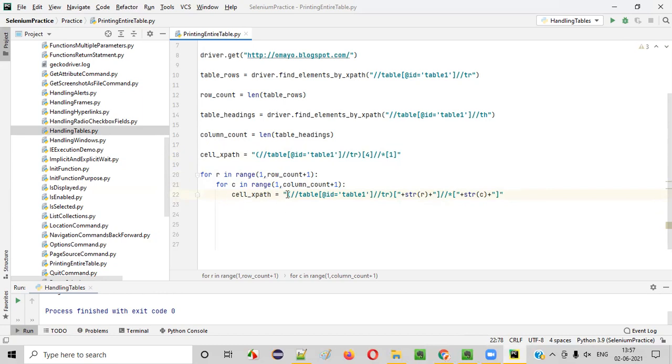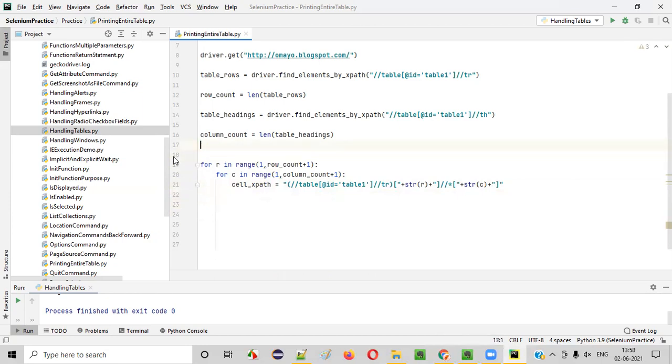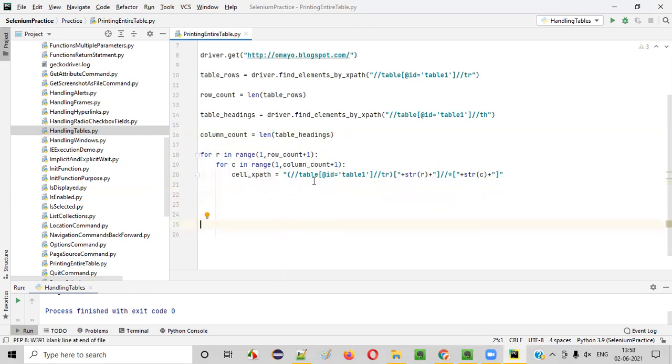Cell XPath is equal to, okay, so in between we have this, so from here to here, that's fine. After that we are appending here, fine. From here to here we are appending again. Yes, I'm just confirming this. If any mistakes are there, I don't think there is any mistake here. And I'm appending this part. Yeah, this is fine. This is select path. We made it dynamic, guys. This is not required anymore. This I created there for reference only. Select path is equal to like this.